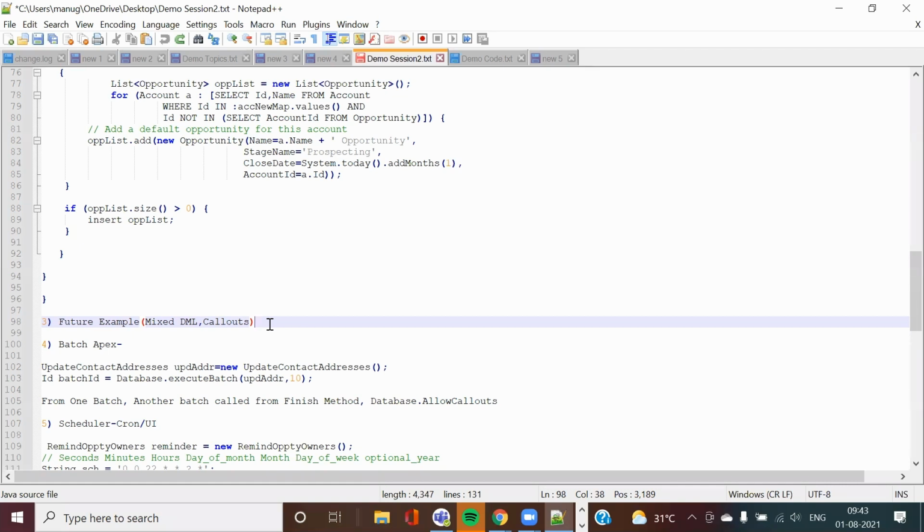I inserted an account object in my Salesforce system. Now assume I also want that account to be inserted into my SAP system. How can I do it? So in this case, first of all, I need to insert an account record into my Salesforce. After that, I want my account record to be inserted in the SAP system. So whenever my transaction is completed, I need to make a callout to another system. Whenever you are making a callout in Salesforce, you always do it using a future method.